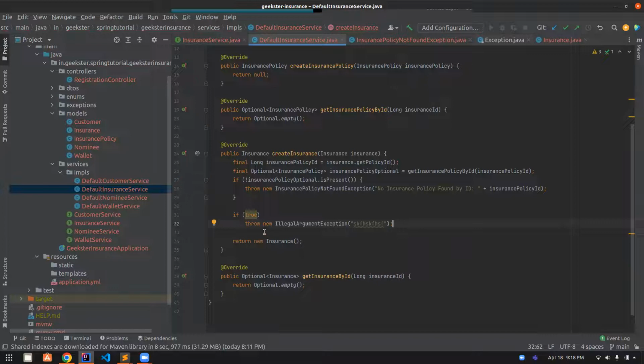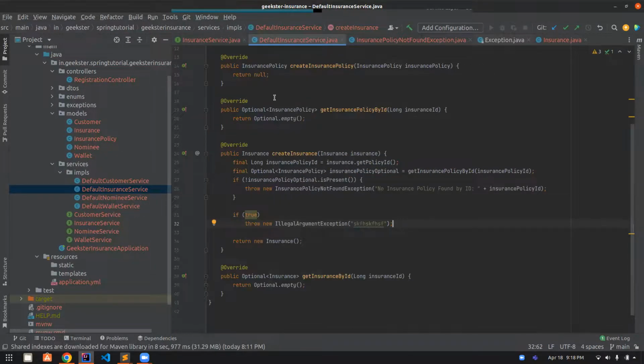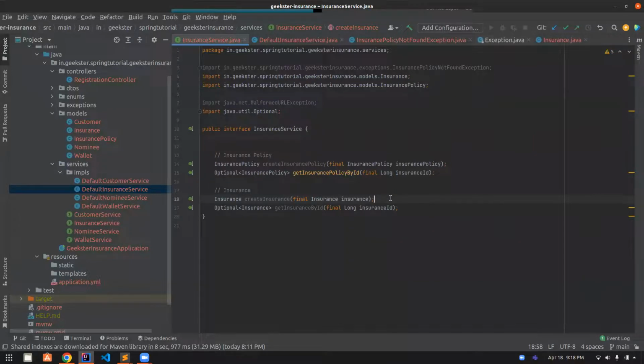This is another runtime exception, you can throw this and your method will remain unchanged. So I would encourage that when you start working for companies and you have to write service layer APIs something like this, always use runtime exceptions. Because if you use compile time exceptions, then your API becomes quite inflexible. To add just one more exception to my method, I would have to change the signature of the method,